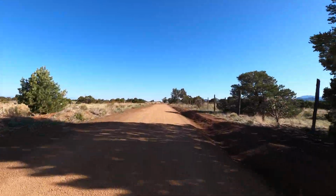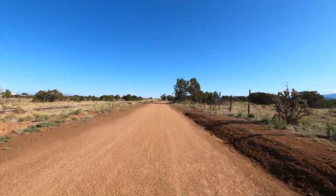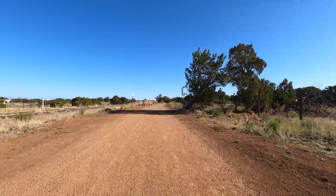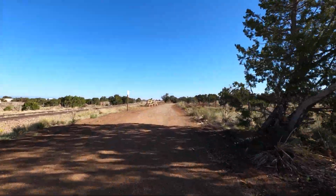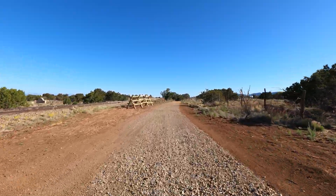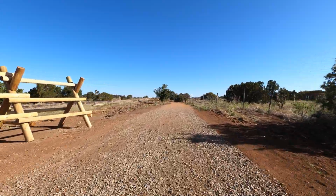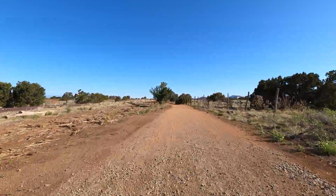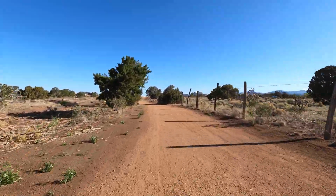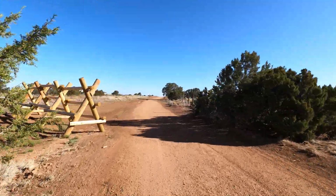Still not quite sure what these wooden barricade things are. Cindy and I had a lot of different ideas, but we tend to see them put up on places where they're trying to block the trail. So even though you can tie your horse up there, you can sit and rest, I think mostly they don't want you to head over to the left there. It's easier to see here on the old section of the rails trails. They still have those things up, and it's a little less intuitive